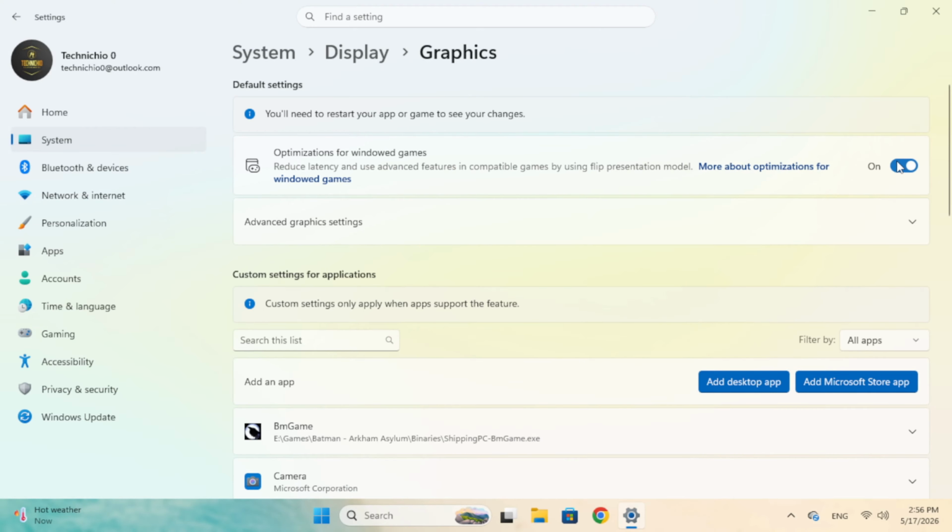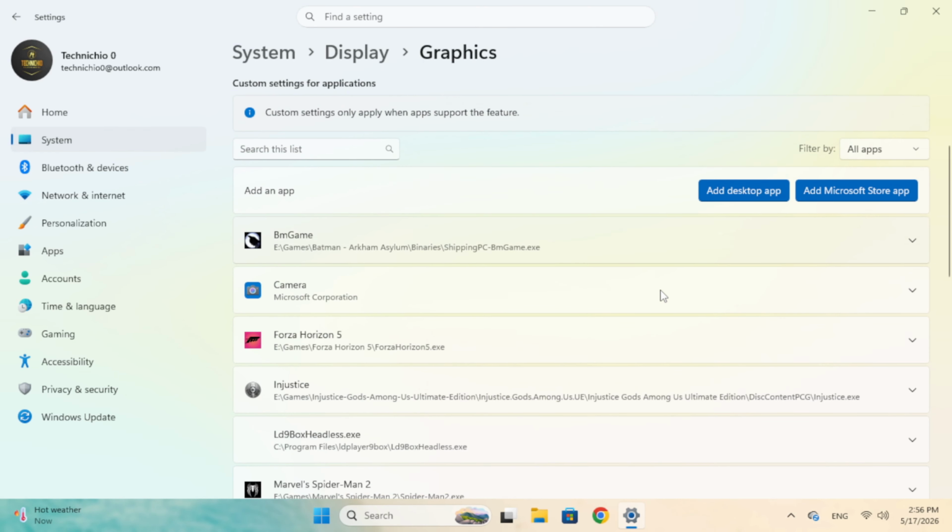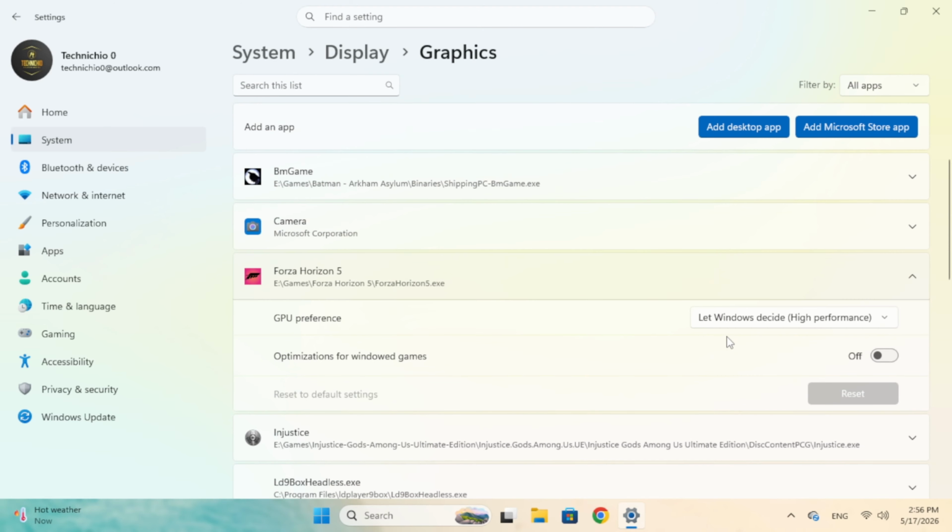If you want to turn it off for everything, just turn it off from the main toggle. But if you want to turn it off for a specific game or software, open that game or software and you'll find its individual option there. You can see that I have turned off the main option, so now every game or software will automatically have